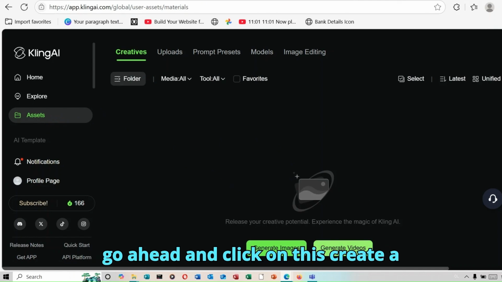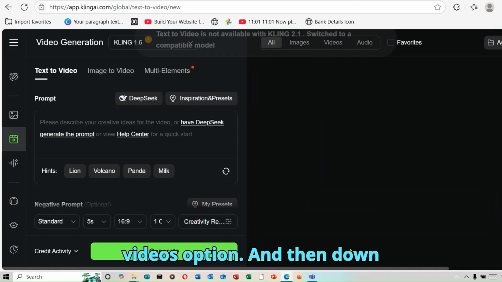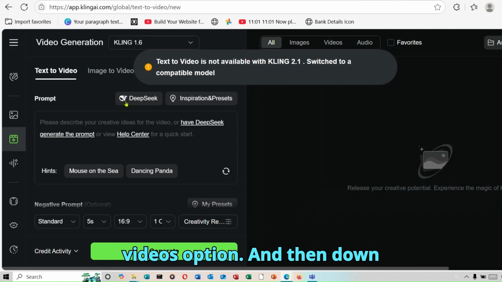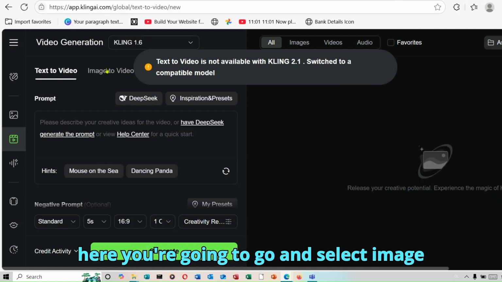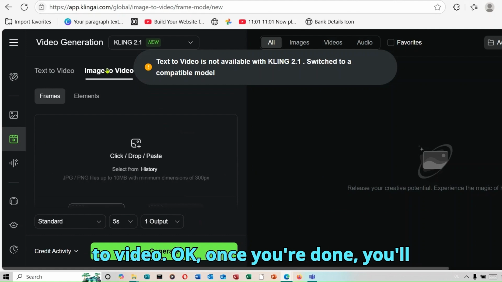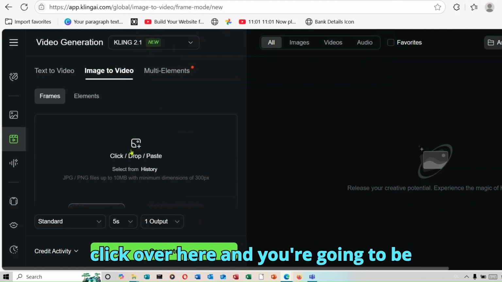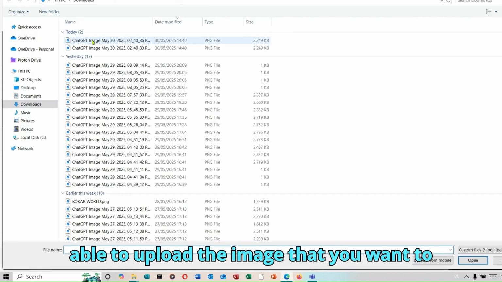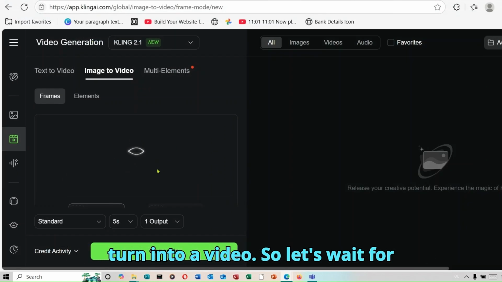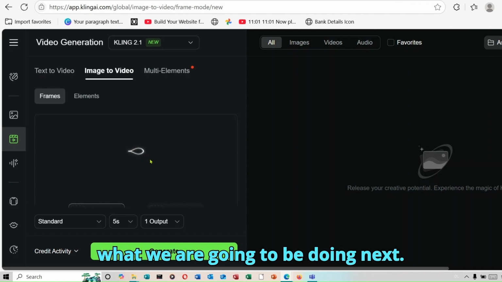So you're going to go ahead and click on this create a videos option, and then down here you're going to go and select image to video. Okay, once you're done, you'll click over here and you're going to be able to upload the image that you want to turn into a video. So let's wait for that, and then I'm going to be showing you what we are going to be doing